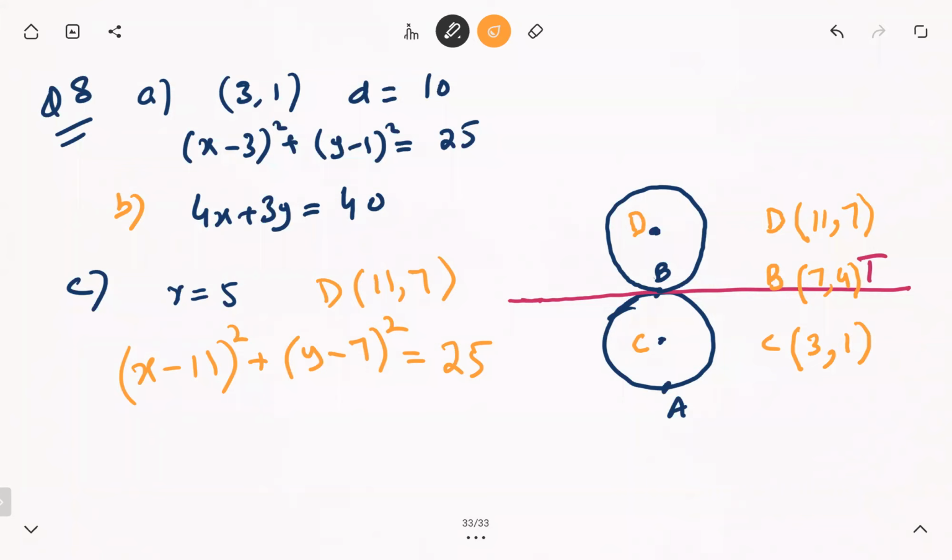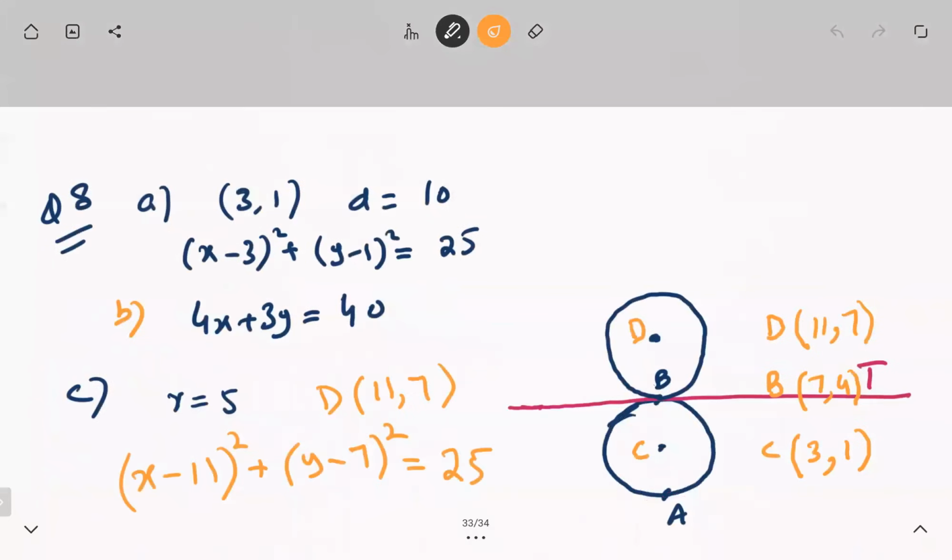Please mention the part number. Okay, question 9. It says equation with